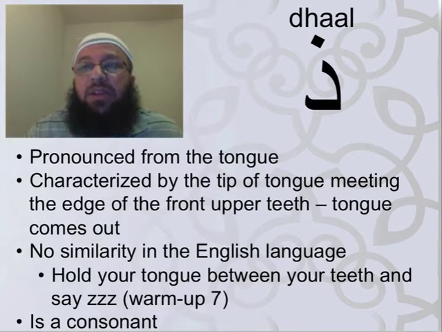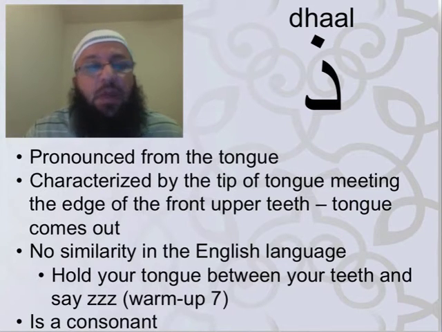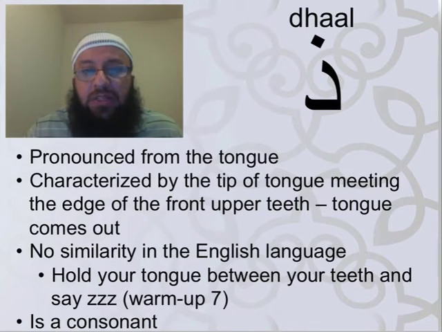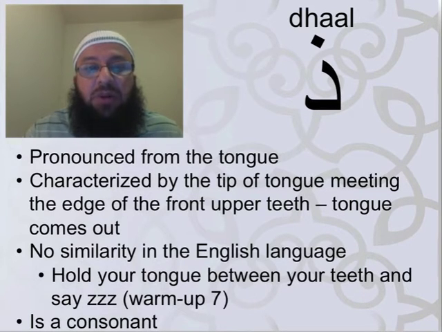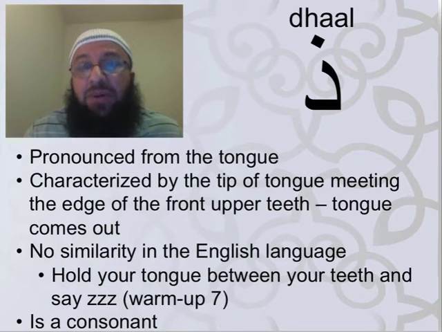The next letter is the letter dhal. This is pronounced from the tongue, and it's characterized by the tip of your tongue meeting the edge of the front upper teeth, and the tongue sticks out a little bit. So this is how it's pronounced. It's pronounced like a dhal. If you notice, I am exaggerating my tongue a little bit, but you need to do that in order to understand that